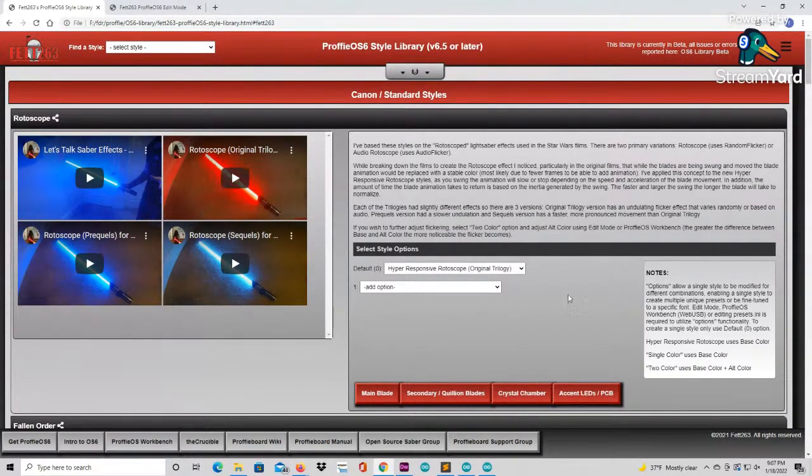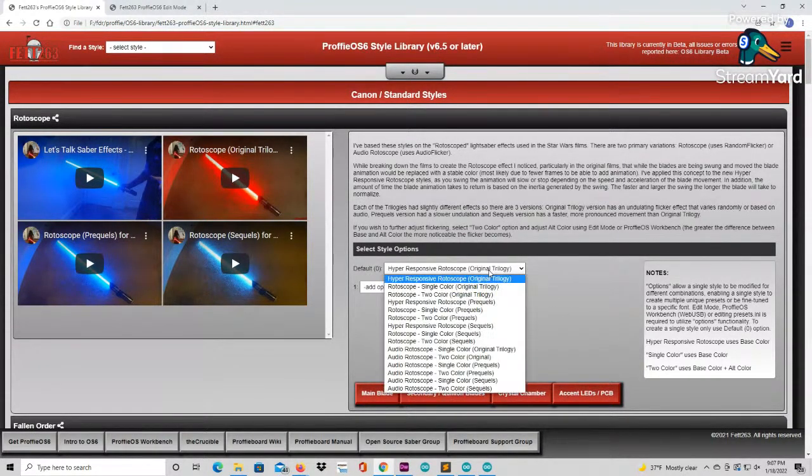What I'm doing now is you'll see that there are actually going to be drop downs of variations of all of the different styles. So I'm grouping them based on the basic style itself, but you'll see here, this is the rotoscope style. There are a lot of additional variations, and they're all described in the text there. I won't read through all of it now, but you're going to be able to pick and choose. In this case, there's an original trilogy version, and a hyper-responsive rotoscope is one of the new ones that